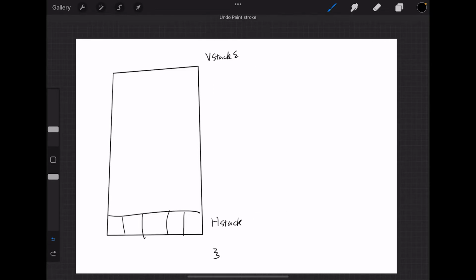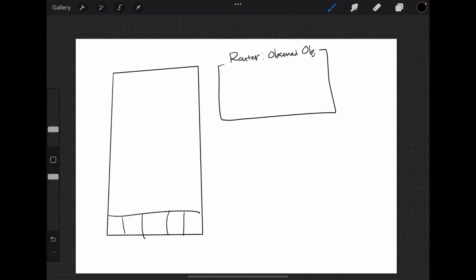And last time I used this published variable called selection from the router class, and we're going to use the same thing here. So router, observed object. This will be a singleton, so we have a shared router, and we're going to have @Published var